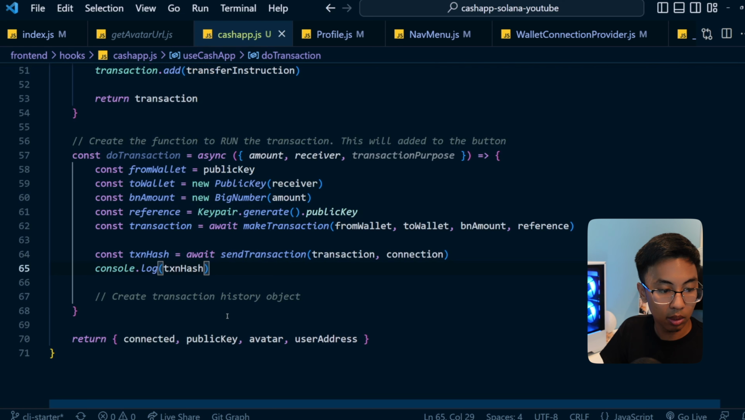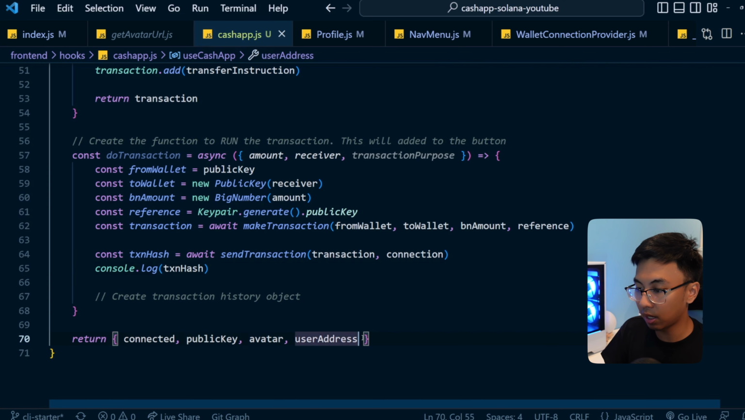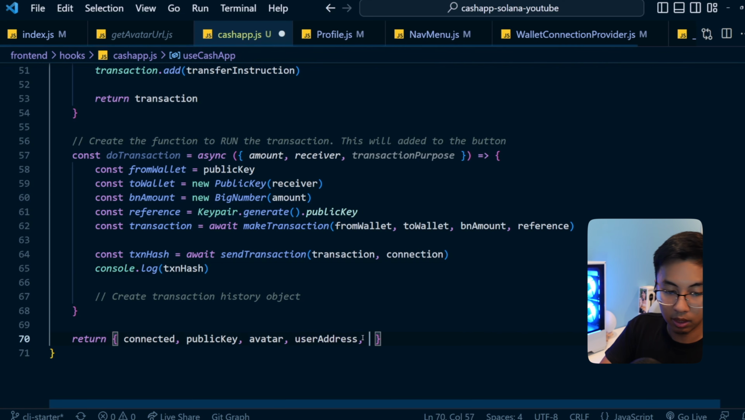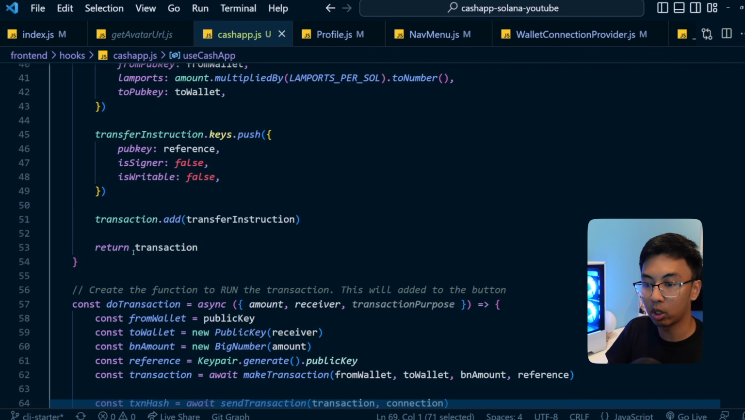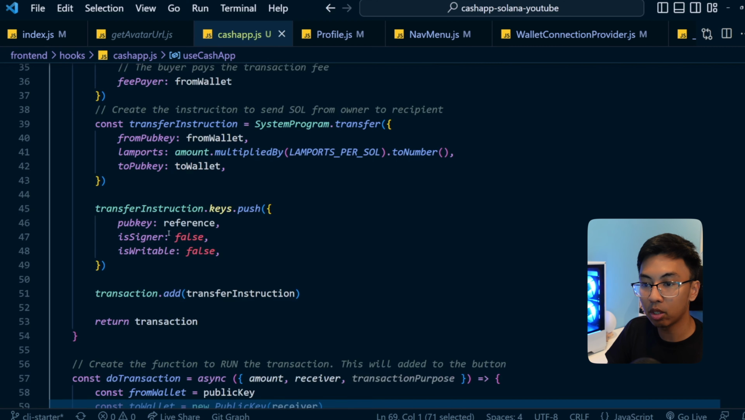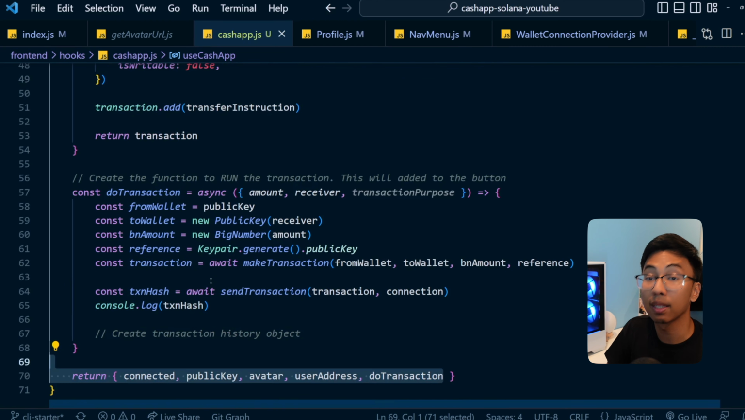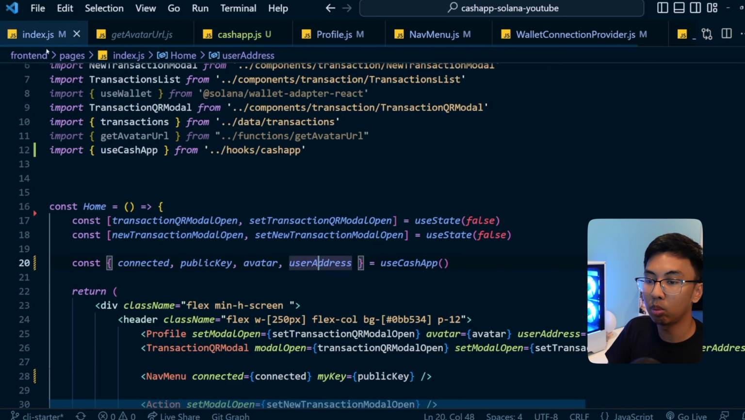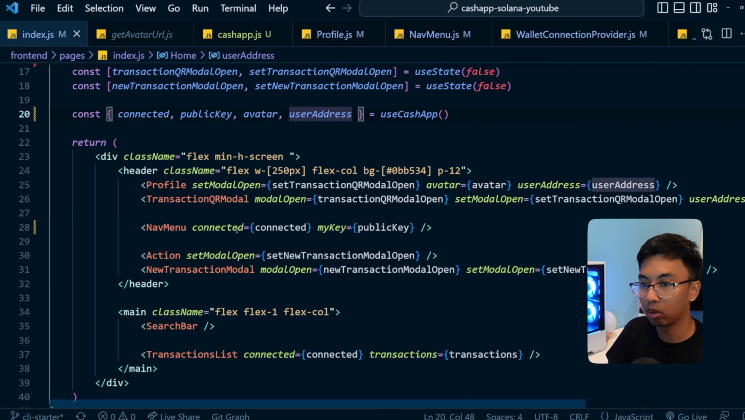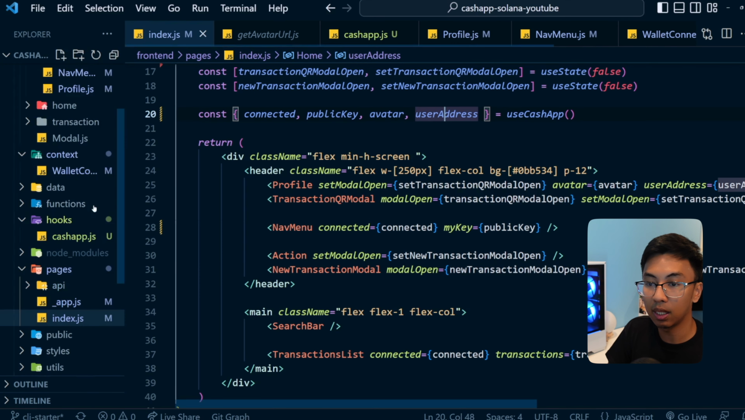Next thing we have to do is pass it along, so let's just test our code right now. We have doTransaction, which calls makeTransaction, so we don't have to pass down both. We can just put doTransaction here and go to where we need it. So where did I say we need that doTransaction? We need it in the